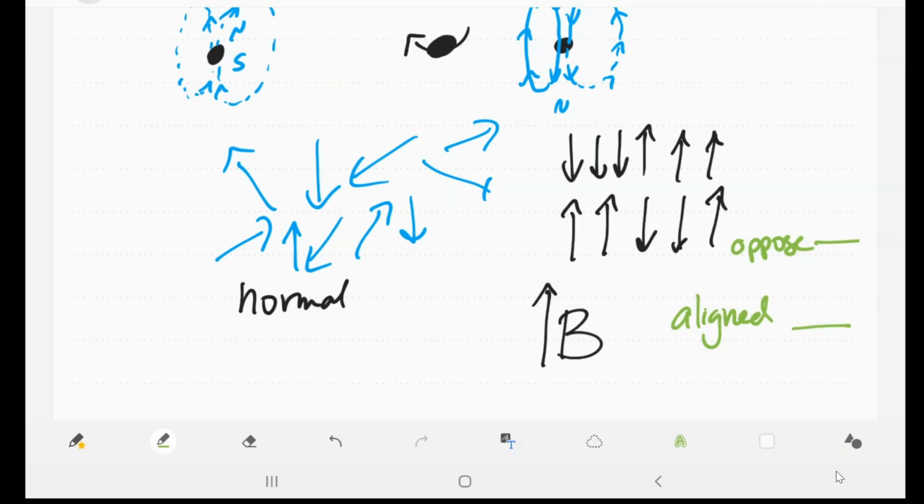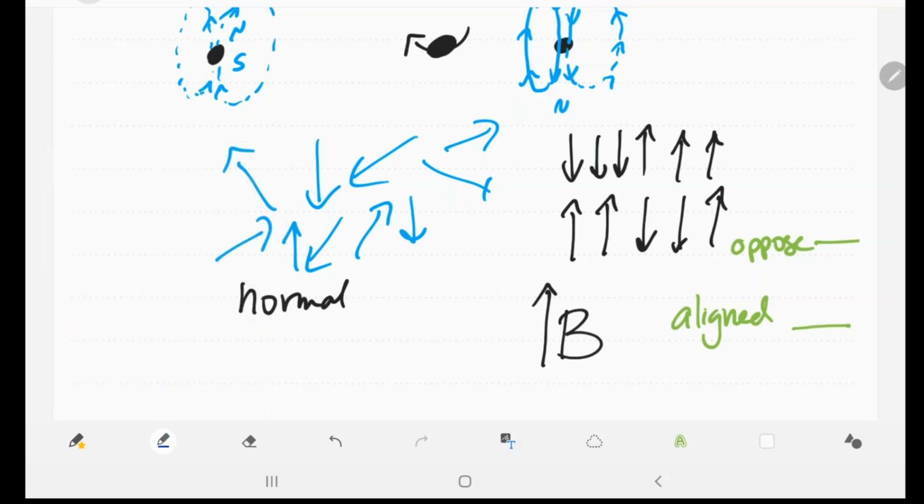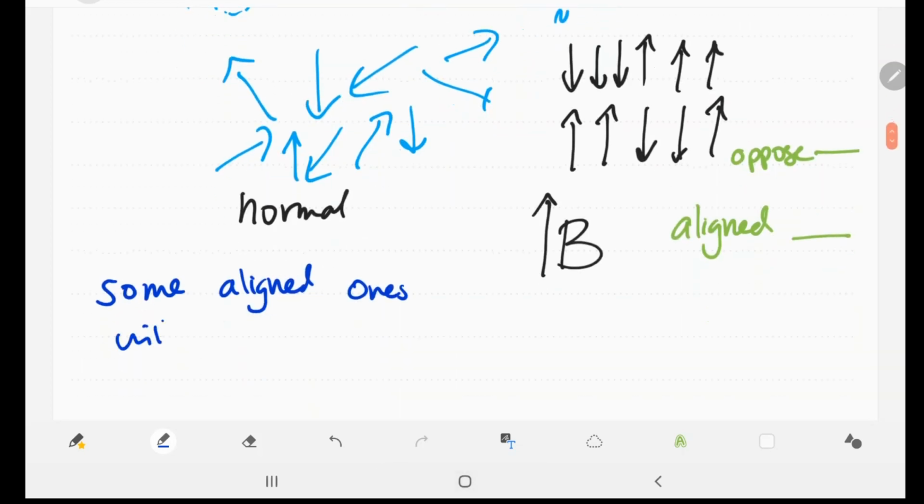So that's always just how all this works, right? You have something aligning with it, and that's going to be a good, nice interaction. And if it opposes it, we have the opposite problem there. So with this, we're looking at essentially what happens when they're aligning or opposing. And it turns out that as things are aligned or opposed, some aligned ones will absorb energy